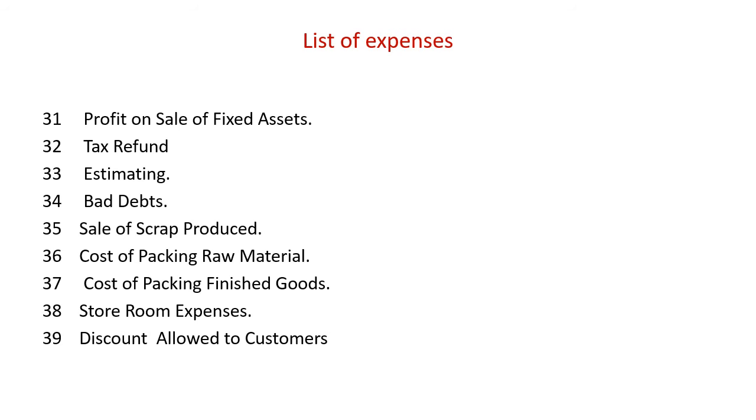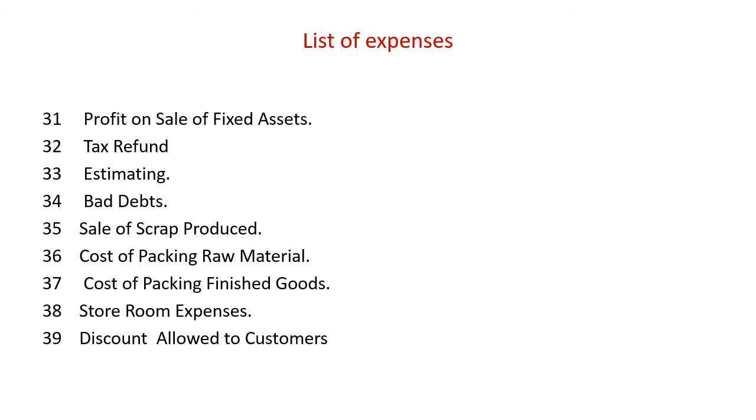Next, sale of scrap produce. One type, if it is abnormal, ignore it. And the second type, in production department sale, factory overheads are reduced, so less from factory overhead. Next, disposal cost incurred on factory scrap produce. Here it is expenses for disposal of scrap. These expenses are deducted from sale of scrap, so it is factory overhead.